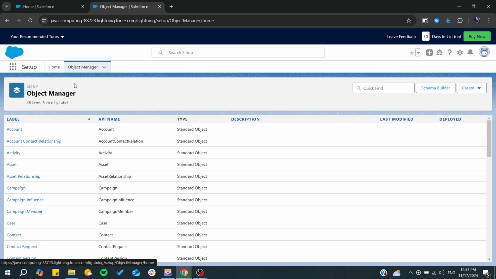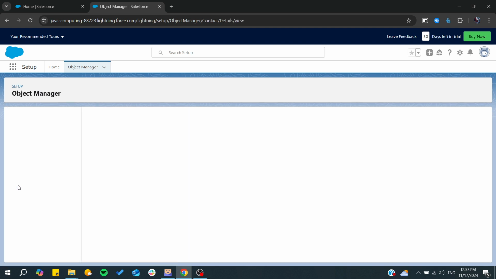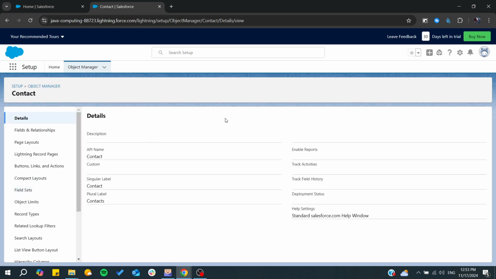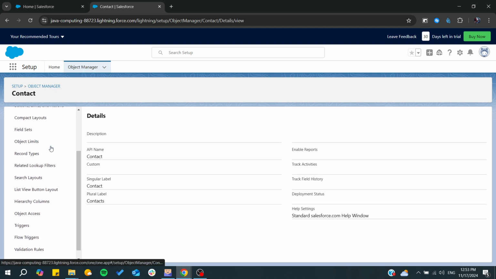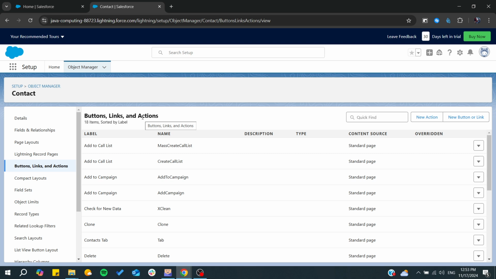Then you will need to choose the object that you want to create a quick action for. In my case, I will go for contact, and I'm going to click, and from here you will need to click to choose the buttons. So this is my object manager, and now I'm going to button links interactions, and from here I will need to create a new